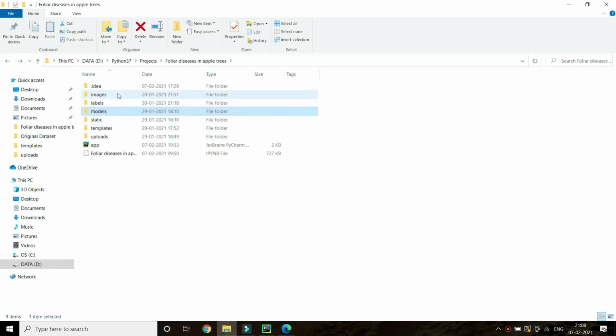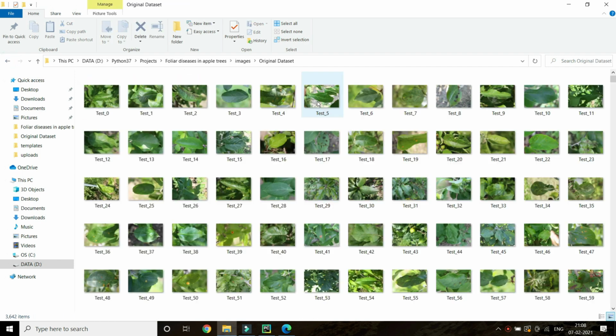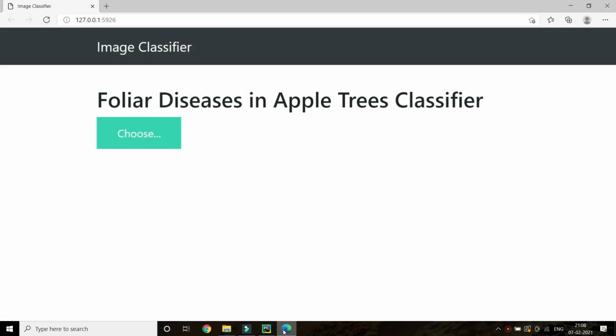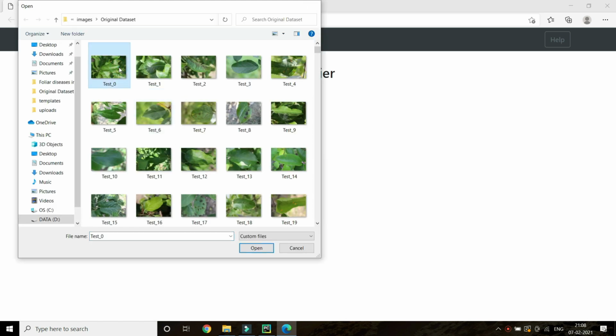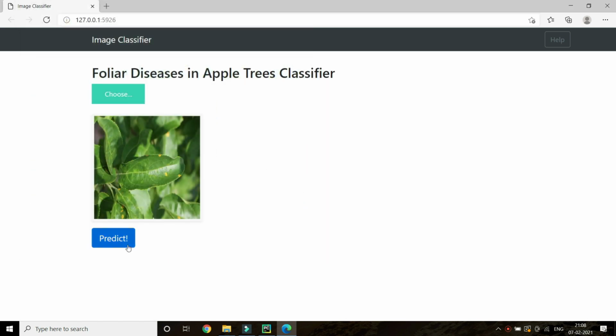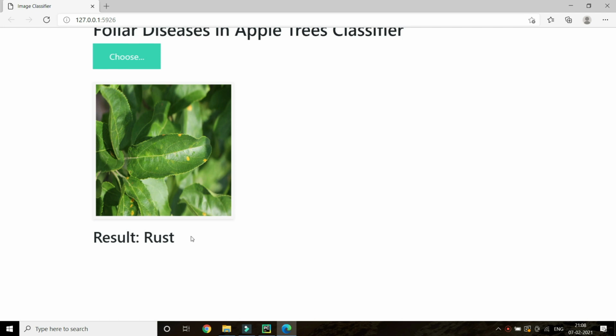If any user posts an image here, say they choose test0, a predict option will appear. Click on this, and the user will get the prediction of the condition of the leaves.